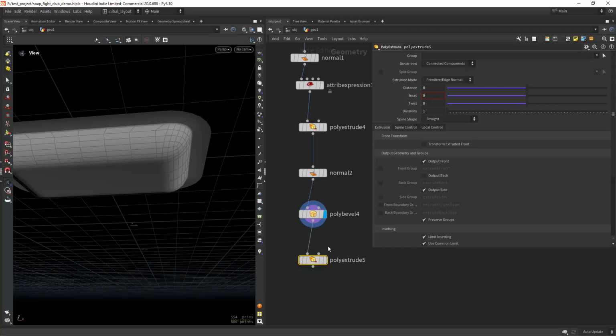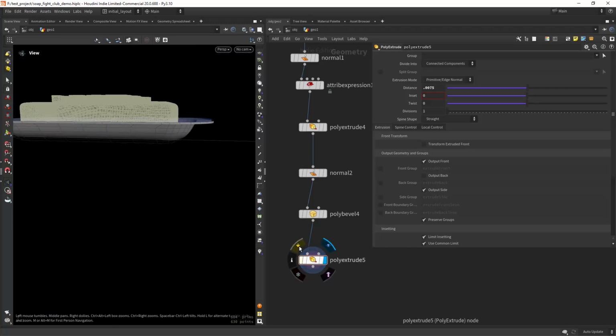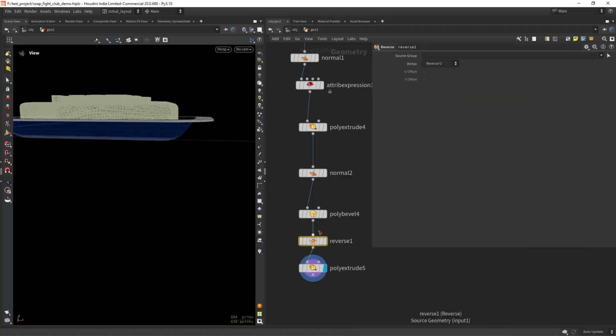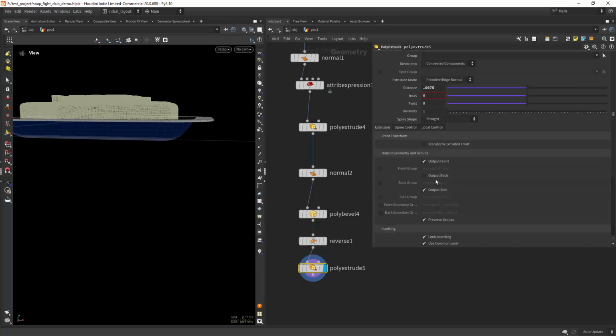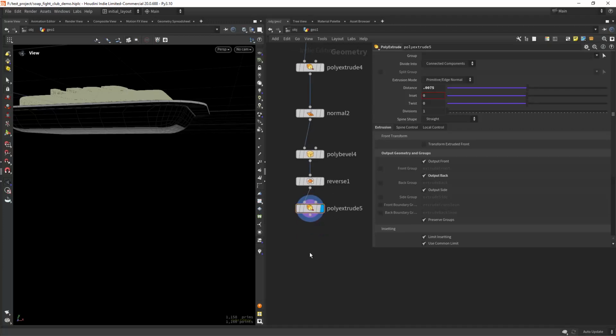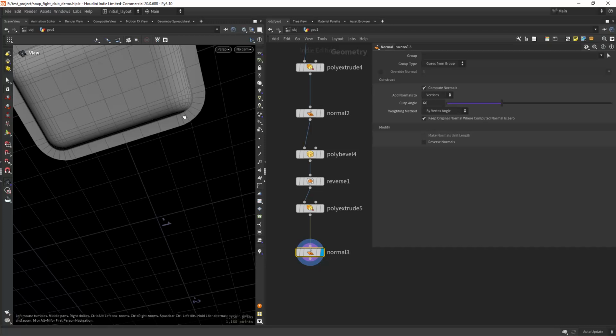So extrude by 0.0075, and as you can see it's extruding out. I want to extrude to the other side, so we can use a reverse in here and use the output back, and we can place another normal to fix that issue,